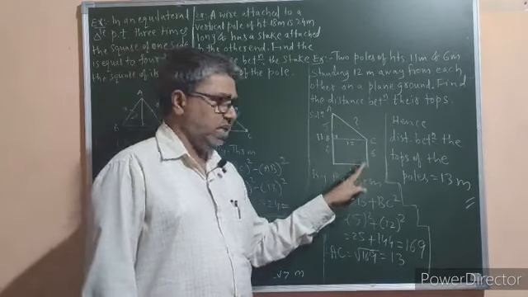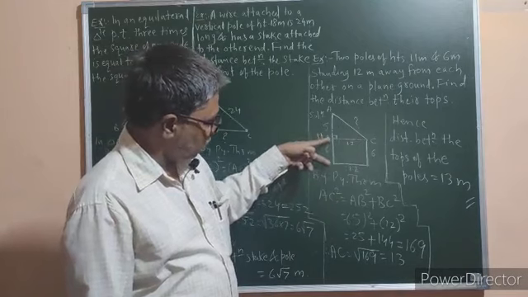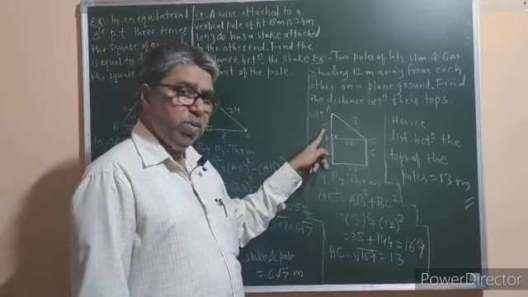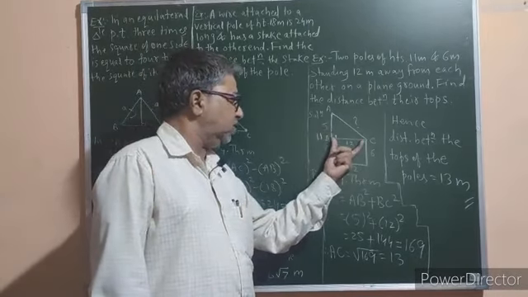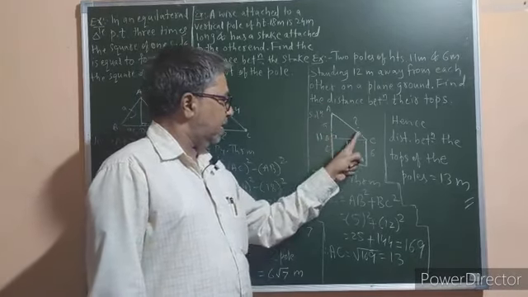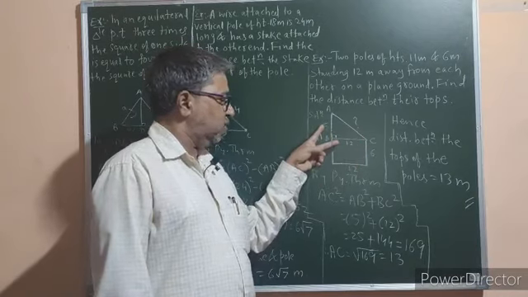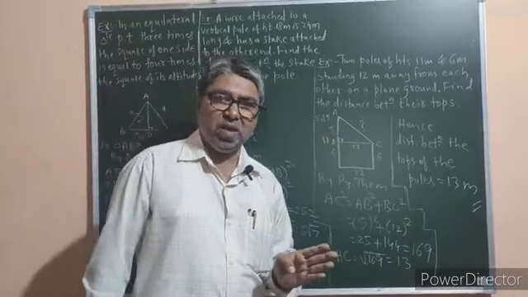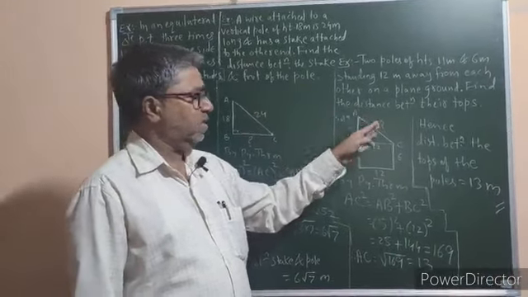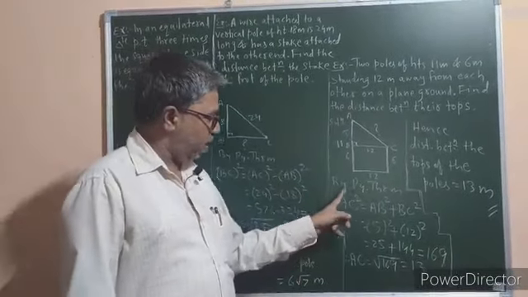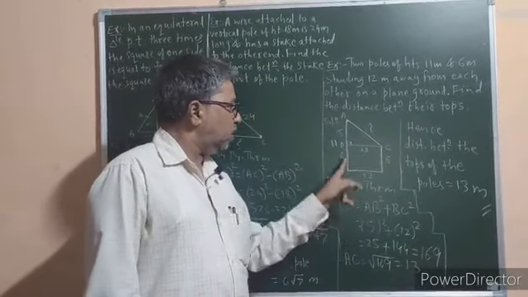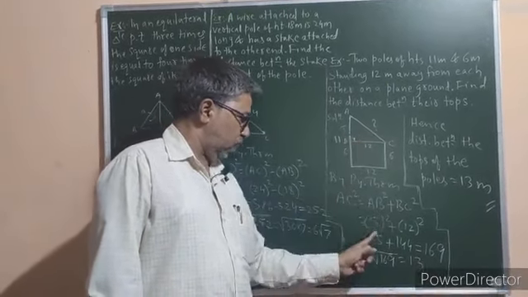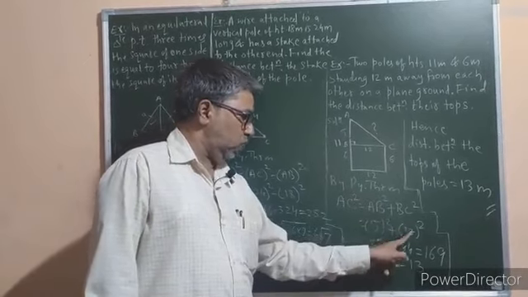Name it ABC. Alright, if this is 6, this is also 6. If the whole length is 11 and this part is 6, then upper part should be 5 meters. If this is 12, this is also 12. So it means in triangle ABC, the dimensions of two sides are known. So very easily by applying Pythagoras theorem, we can find the length of the other side. So by Pythagoras theorem, AC square is equal to AB square plus BC square. Okay, AB's value is 5 square, plus BC's value is 12 square.